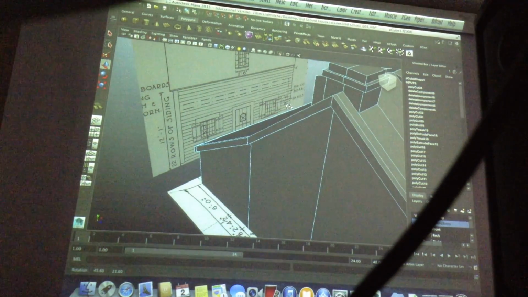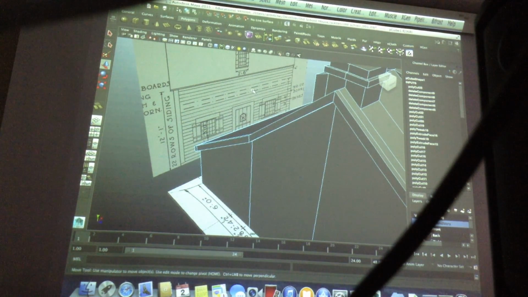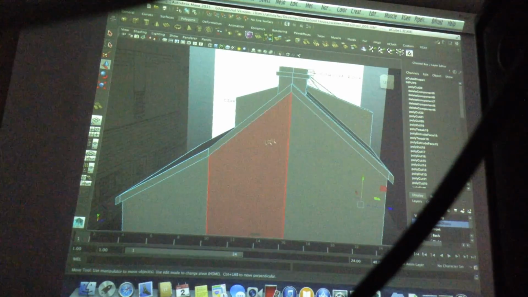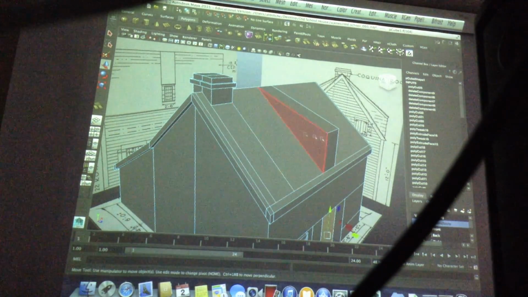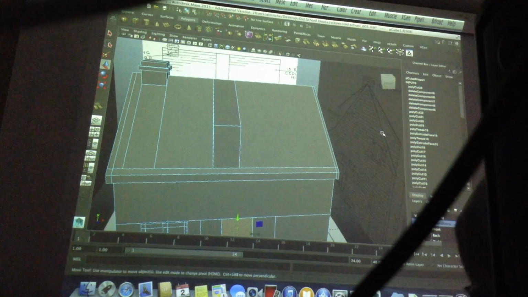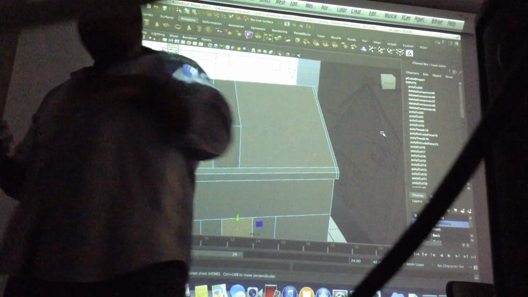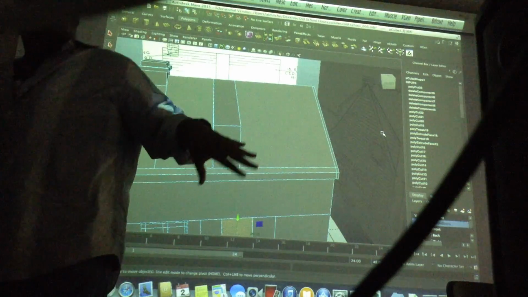Now, with some of the houses, it has like a lot of brick material and like wood shingling and stuff like that. Don't model the bricks in there. I had one student did that, and you're taking more time than you need to do. What I want you to do is basically model, start blocking out the house like this and put detail in like, yeah, in some of the windows and stuff like that. But when you're looking at some of the houses where they have the shingling, especially on the roofs and stuff like that, that's not something that you would need to do at this point. What would happen with that is that, well, you can do it in Maya and it would be